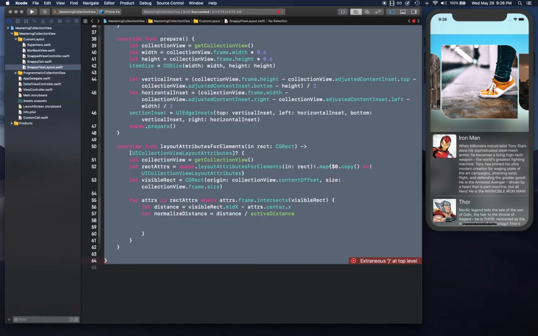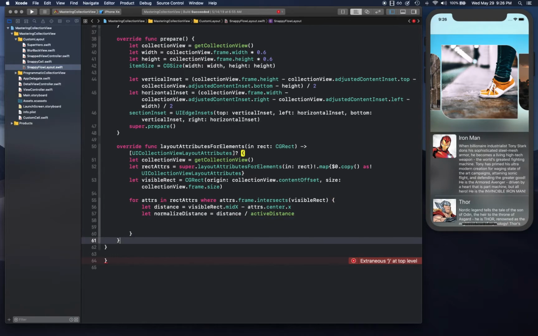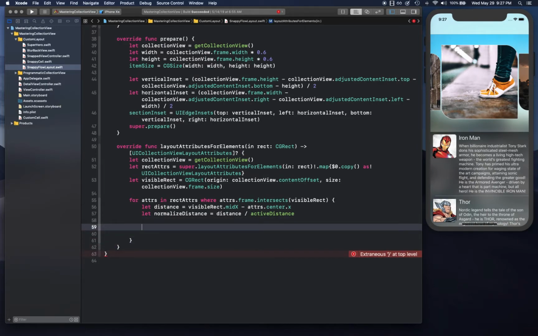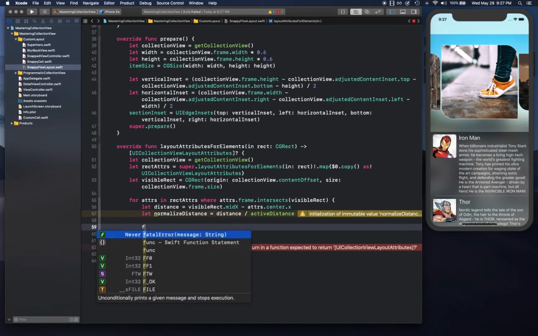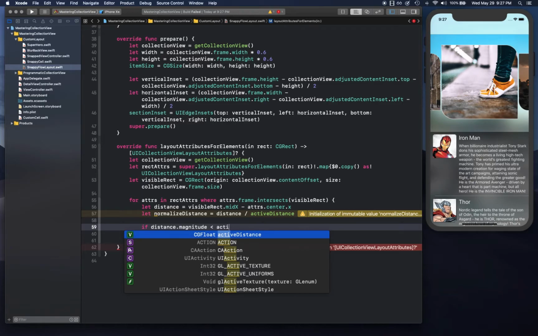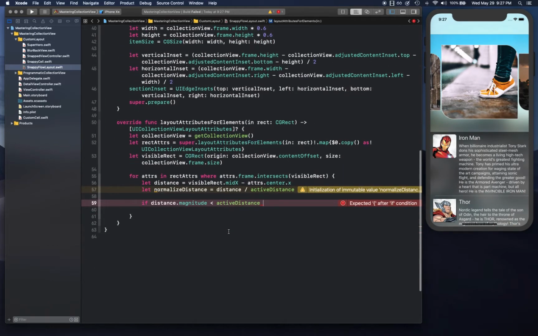Okay, so let me do Control I to format the code, and I think there's an extra parenthesis, so let me remove that. Okay, alright, so if distance.magnitude, so we're going to get the magnitude for the distance is less than active distance. So active distance is basically 200. And if that is the case,